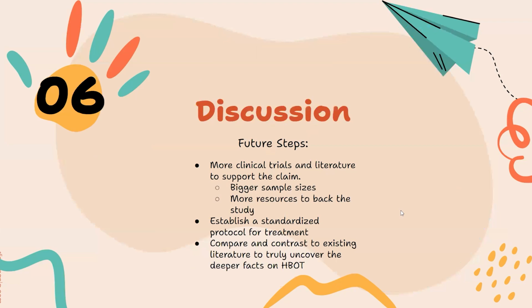So for the future of HBOT, it's a very promising future, and a lot of the results have been very supportive of HBOT being a very viable treatment option. But more clinical trials are needed to support this claim, with bigger sample sizes and more resources to back up the study, because L-HBOT is relatively new, so the literature and clinical trials are still lacking and still limited. And one of the main points of